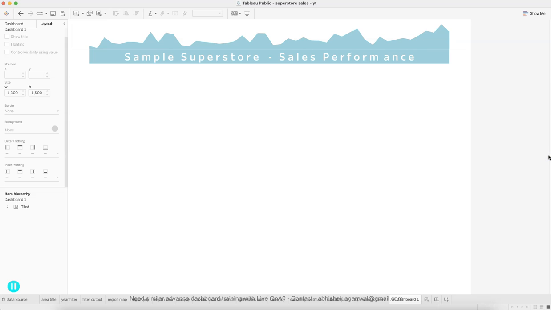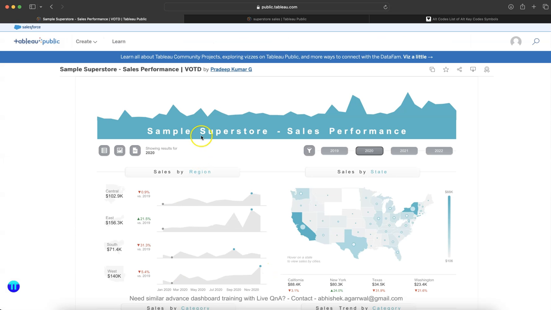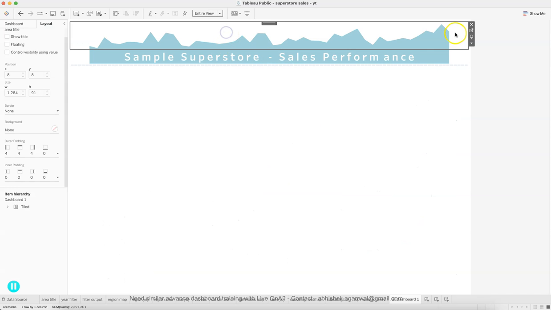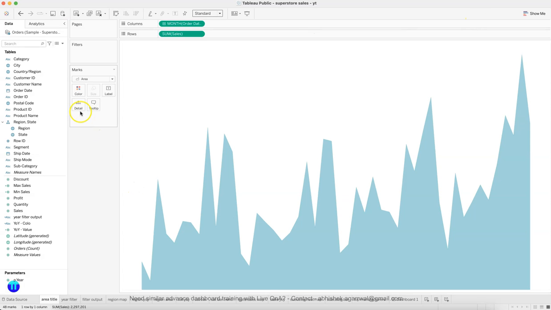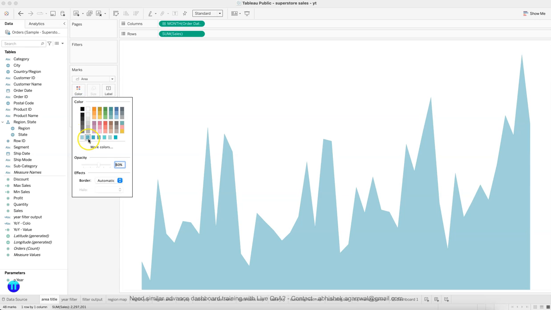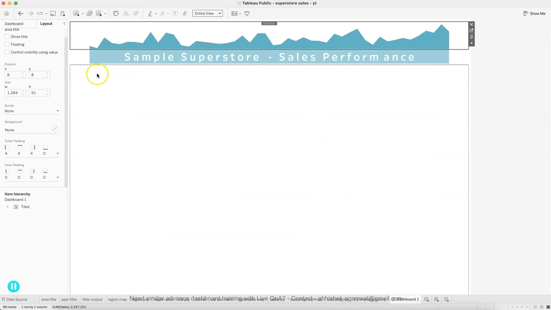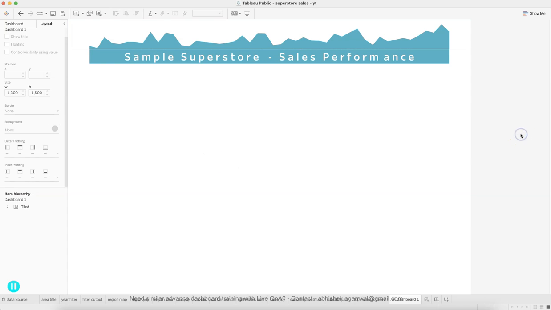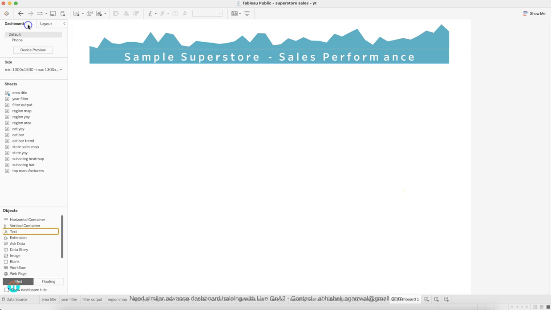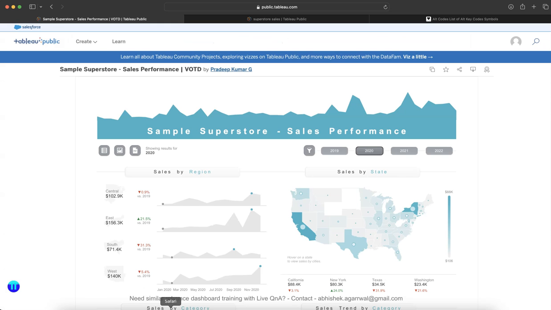Okay, now we have Sample Superstore like this one. I basically like this dark color for some reason. I can choose this. Let me try and do that. And okay, opacity is set to this, that's why. Now it is good. Okay, yeah, good enough, perfect. So we have this, and then what we can do after that is we need these icons and showing results